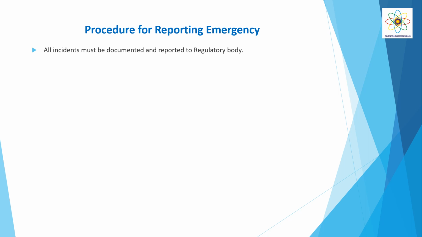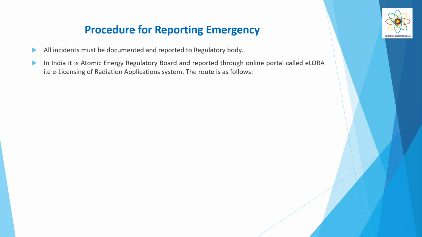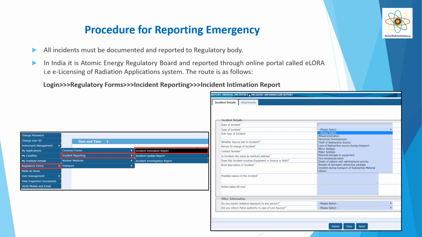Now we'll see the procedure for reporting of emergency. All incidents mentioned earlier are to be documented and reported to the regulatory body. In India, the regulatory body is AERB and it is reported through an online portal called eLORA, that is, e-Licensing of Radiation Applications system. The route is as follows: login, go to regulatory forms, go to incident reporting and then